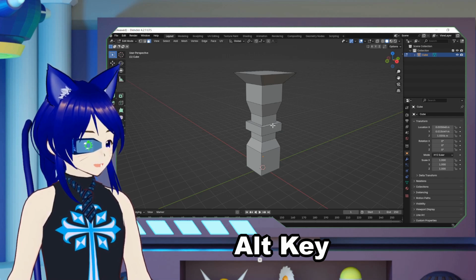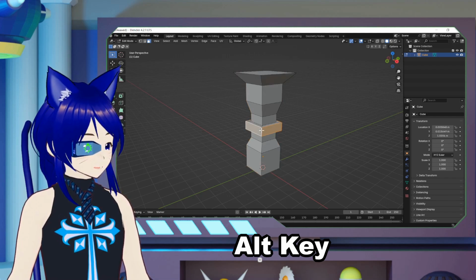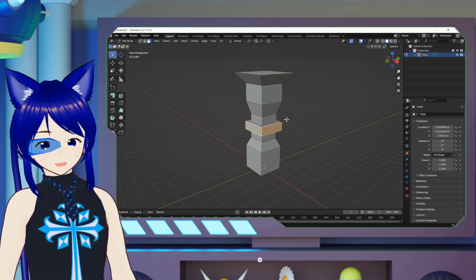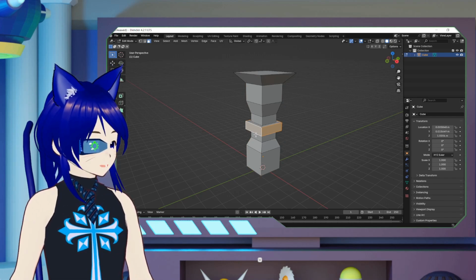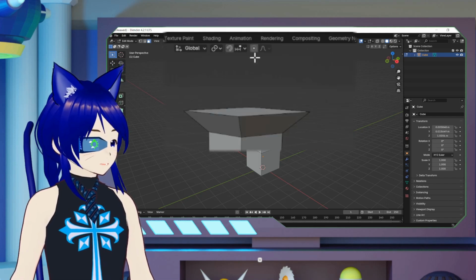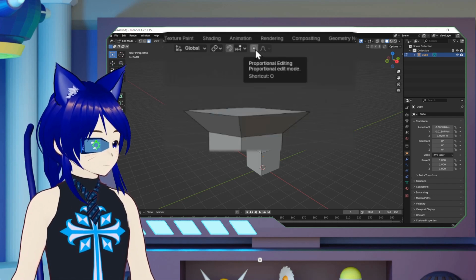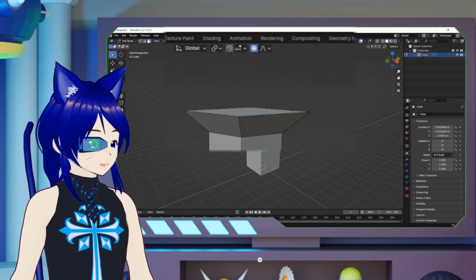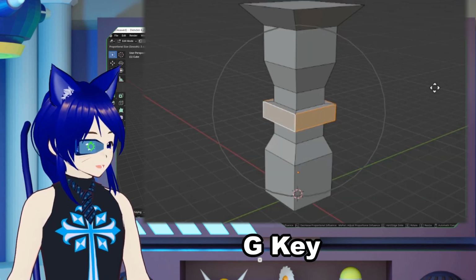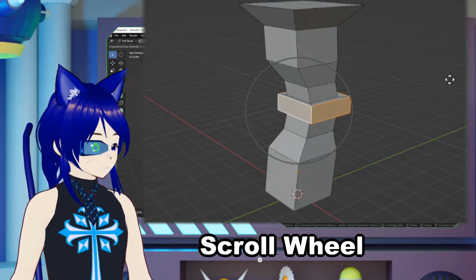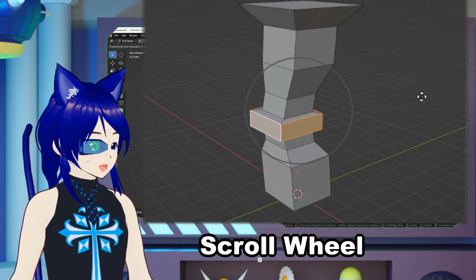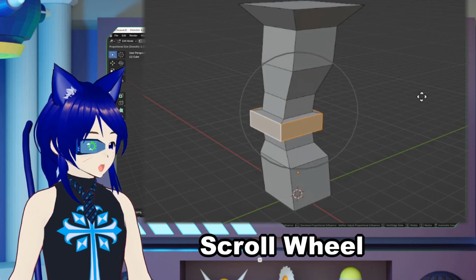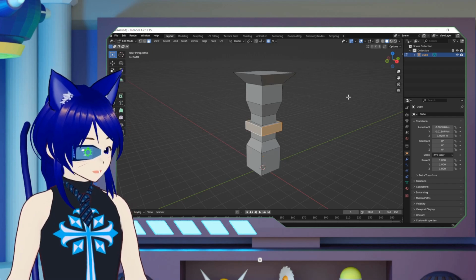Now if I hold down my Alt key, whatever edge I'm close to when I select is the path it's going to follow. And so I just want to go around there, and I'm going to come up here to this little circle here at the top. It's called proportional editing, shortcut O. I'm going to click it on, and now if I hit my G key, you see it creates this nice little circle, and depends on however small or big I make it, you see how much of it alters